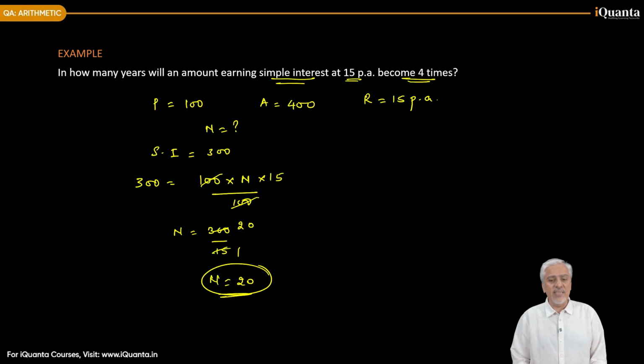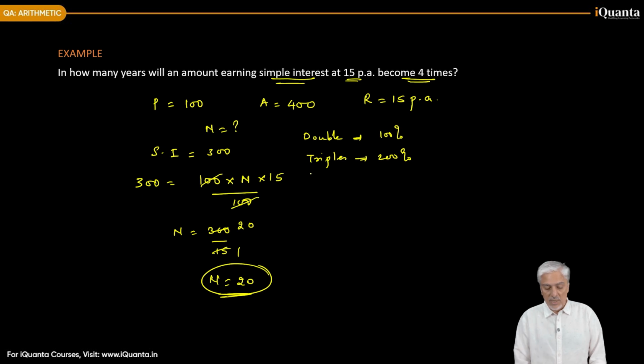What could be a faster and easier way to do it? Basically, understand when something becomes 4 times. So see, when something becomes double, we say rate has increased, it has become double, which means the interest earned is 100%. So when we say double, the interest earned is 100%. When it triples, we say interest earned is 200%. Understand this very carefully. So when it becomes 4 times, the interest earned is 300%,